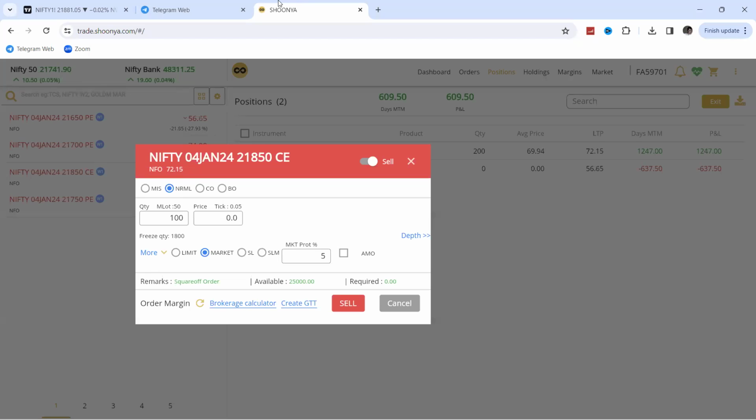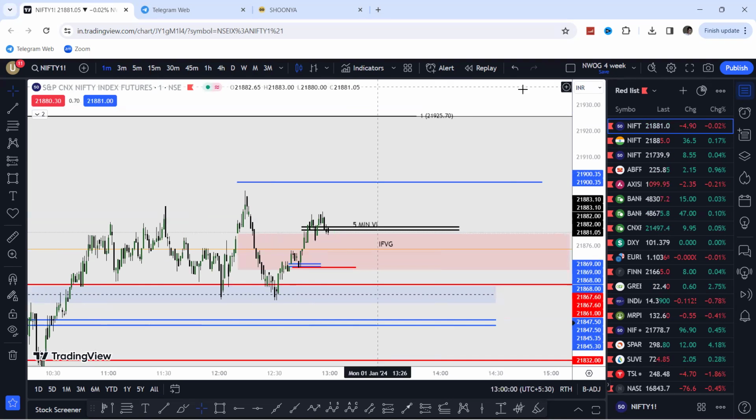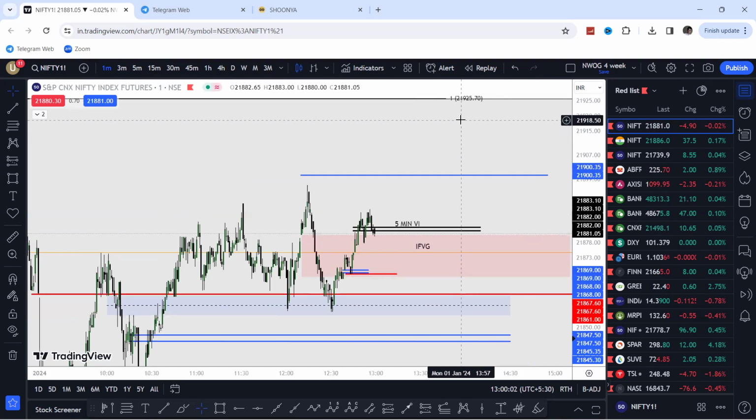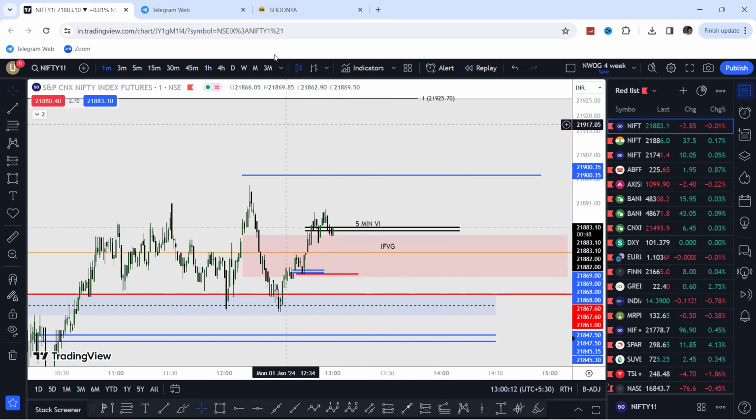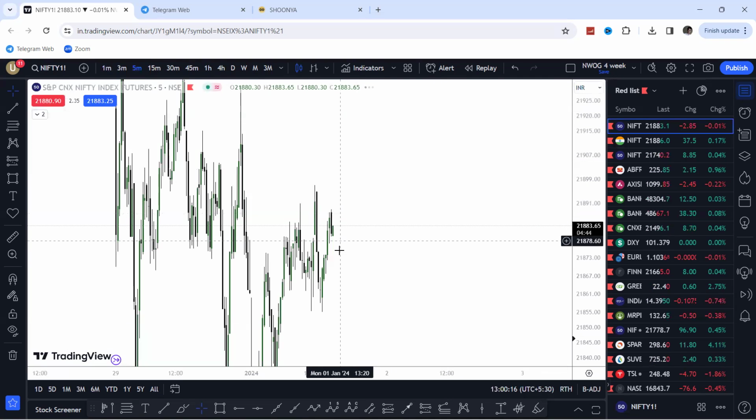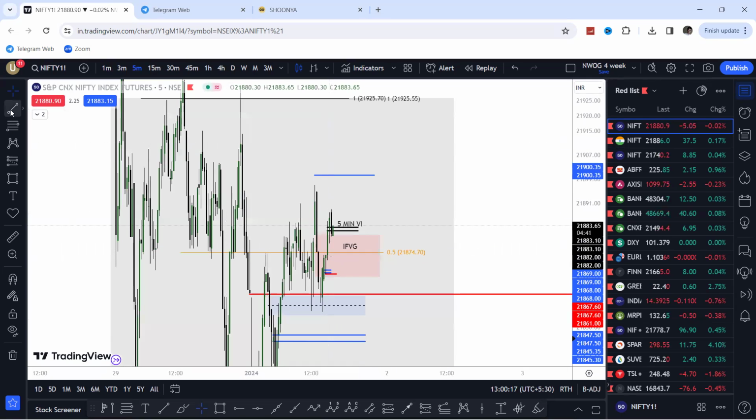I'm left with 200 quantities. This is an inversion fair value gap. I'm not going to add anything here because we already took out the sell side. I'll just keep this open. This 5 minute fair value gap that you saw right here, I would like to see that stay open as well. So I'm just going to